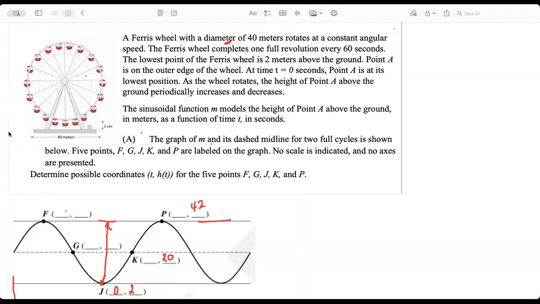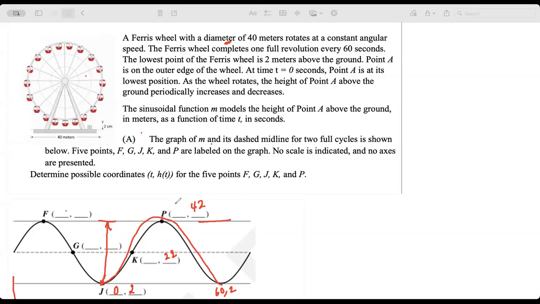So basically this should be what? Yes, Krish, I think you understood. Now this is 42, right? So 2 plus 20, that's 22, right? So what is this? Half of this, with a full revolution of 60 seconds. For a full revolution, to come to the same point, it takes 60 seconds. So from this point to this point, it is at 60, 2. When it comes back, it's 60, so it takes 60 seconds.